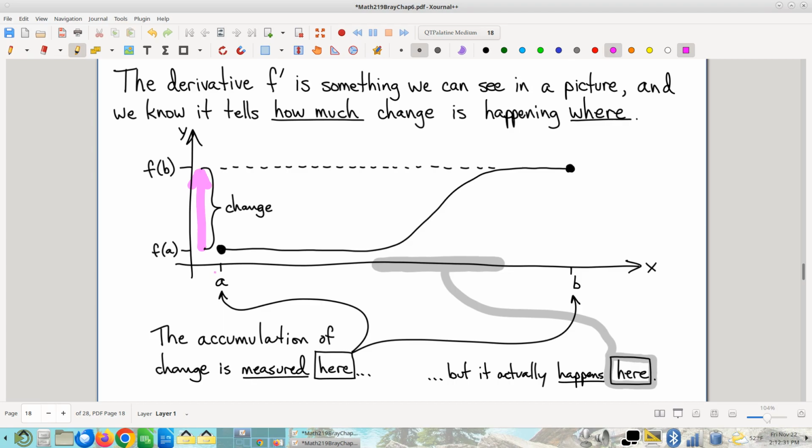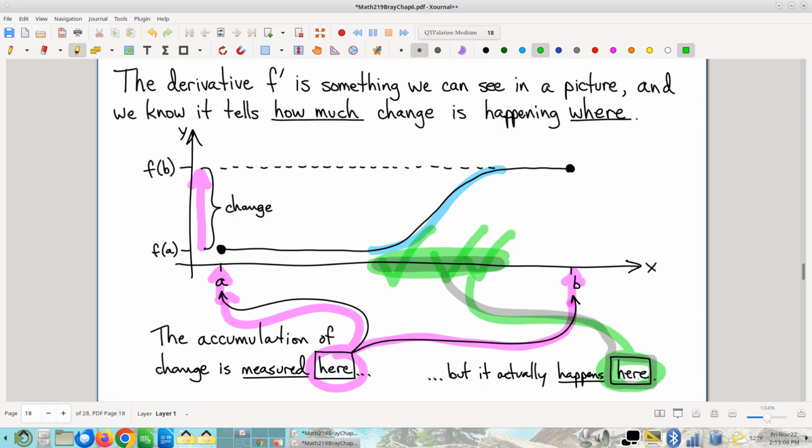and it's computed on the boundary. It's f of b minus f of a. You only look at the endpoints a and b when you compute that quantity called change, but just because you look at it on the boundary and you compute it on the boundary, does that mean that's where the change actually happens? No, that's obviously not true. Look, this is where the change happens. I can see the change happening. It's clearly happening for these points here in the domain. It's happening in the interior,